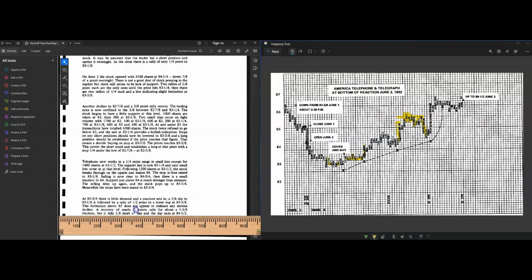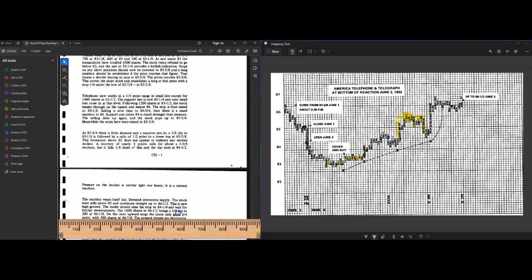A recovery of 3 points, that's your LPSY, by the way, that you do the count, the resistance line. The recovery of 3 points calls for a 1 3/8 reaction, but it fails to go 1 3/8 and only goes 1 2/8. So he must have done a count. And the dip ends at 84.12. All